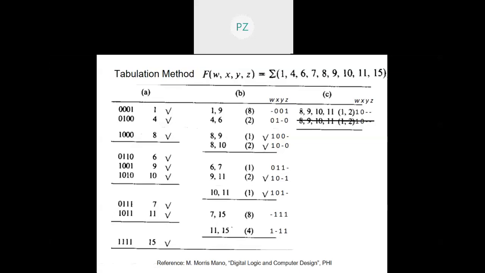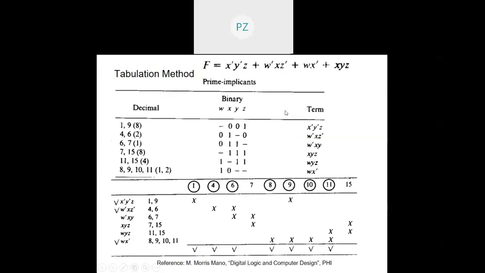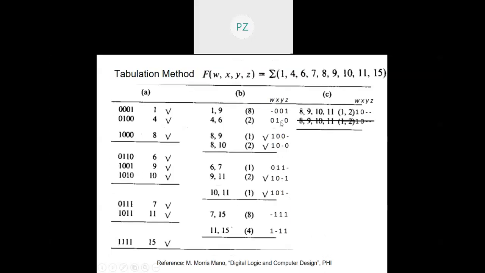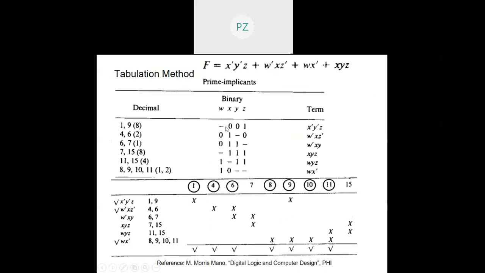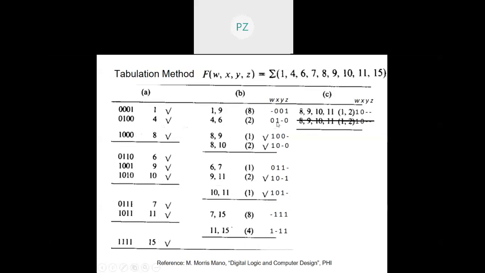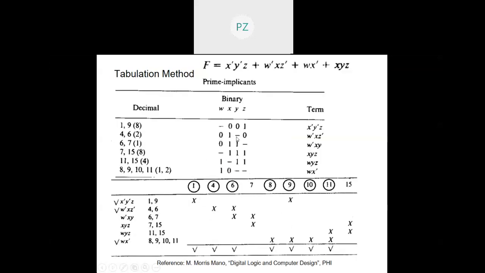Now I'll start writing what are called prime implicants. Prime implicants are those which have not been ticked here. And how will they be written? This w has been eliminated, so I'll write x y z. So in the next slide you can see my first thing is dash 0 0 1. What has not been ticked in this column, all have been ticked, so I'm not taking anything from here. In this column this has not been ticked, so dash 0 0 1. Next, what has not been ticked is 0 1 dash 0, so I took down here 0 1 dash 0,